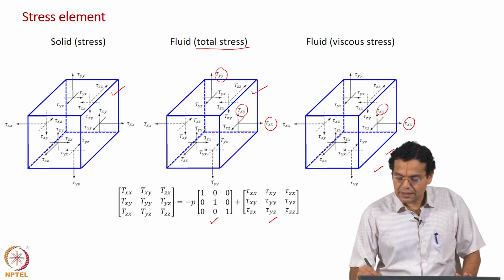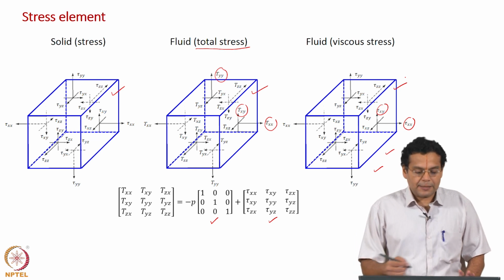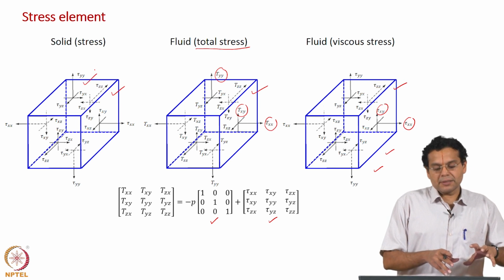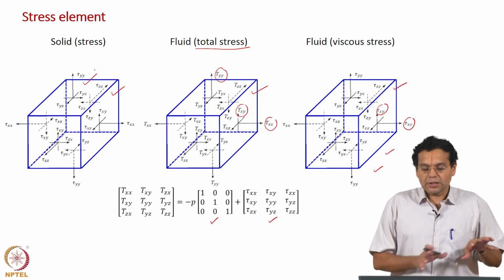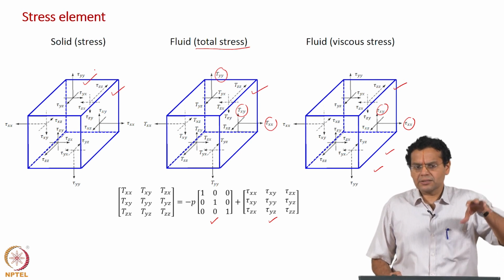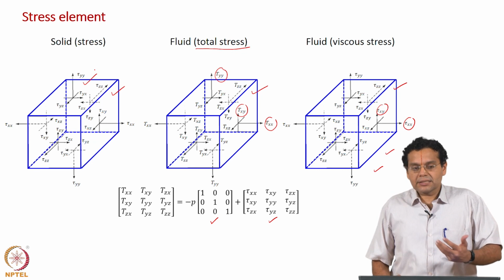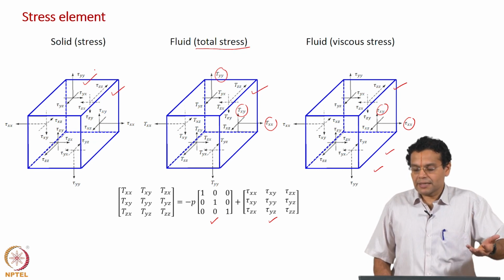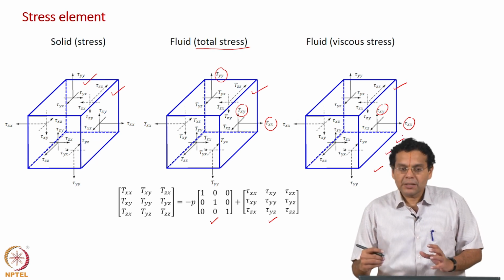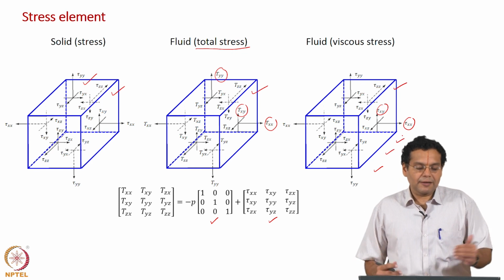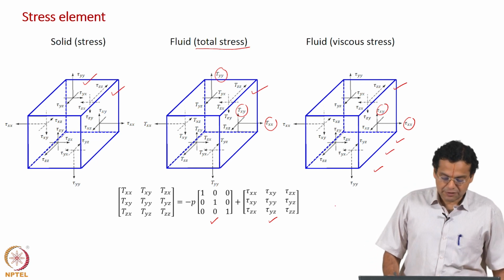So, this stress element represents the 9 components of the viscous stress tensor. What does the left hand side represent? This stress element on the left hand side represents the 9 components of the stress tensor in a solid. So, you have moved from the stress tensor in a solid to the total stress tensor in a fluid, because we have already discussed the hydrostatic stress in the previous slide. We are going to discuss only the viscous stress tensor in the next slide. So, in the next slide you will see only this figure. You should not confuse this with what we have discussed earlier for solids and also for fluids. Okay. So, let us proceed further.